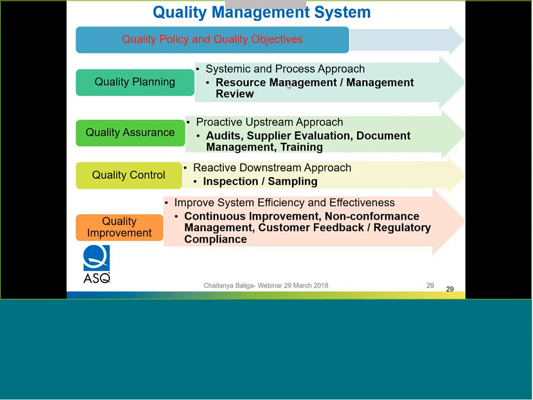You use audit, supplier evaluation, document management, and training. This ensures that your risk is contained and it is really looked into. Quality control is downstream. By sampling and by inspection, it's very reactive. So what's happening is it is the third layer or fourth layer of defense, as in the Swiss model. If everything fails, then you are at least at quality control, you may be able